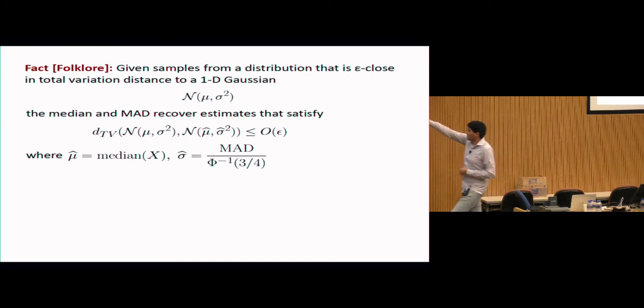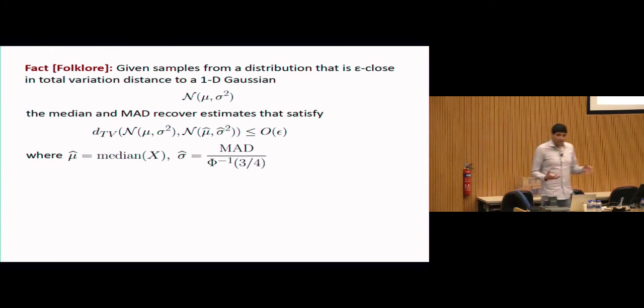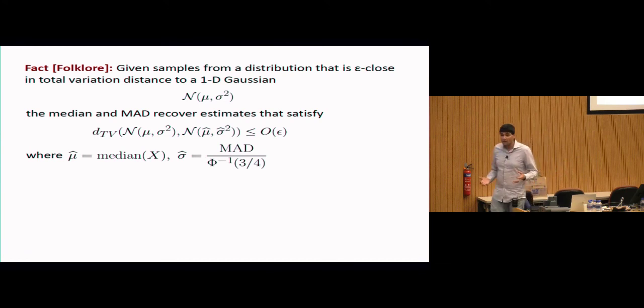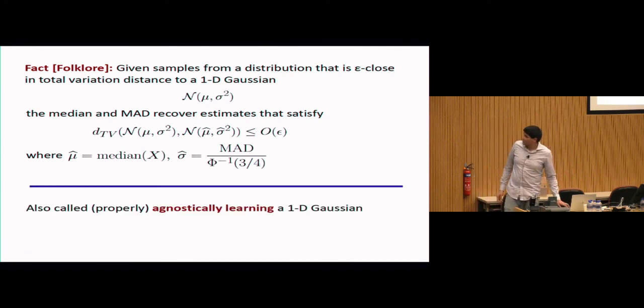And I should mention this little corrective constant down here. This phi inverse is the inverse of the Gaussian CDF. You need to add some corrective constant just to make sure that even in the noiseless case, sigma hat would be an unbiased estimator for sigma. So this is just some constant factor correction. So this is what you're always aiming for in robust statistics, something that combines sample efficiency, provable robustness, and also computational efficiency. And it's very easy to do in one dimension, but it'll turn out to be surprisingly hard to do in higher dimensions.